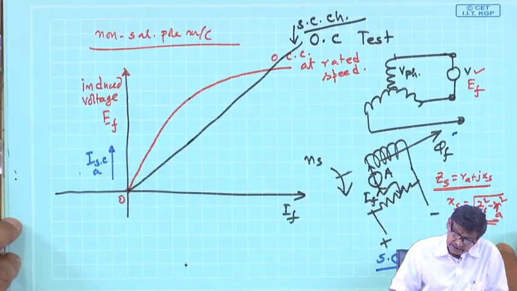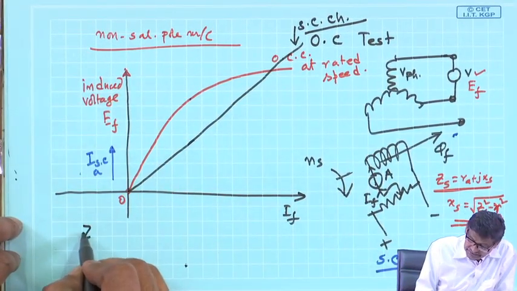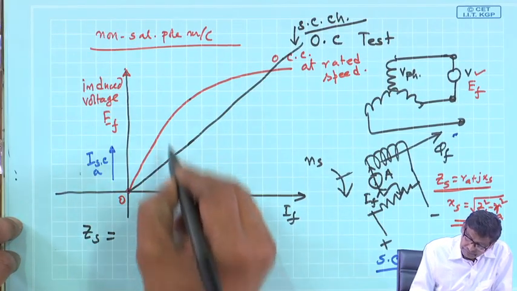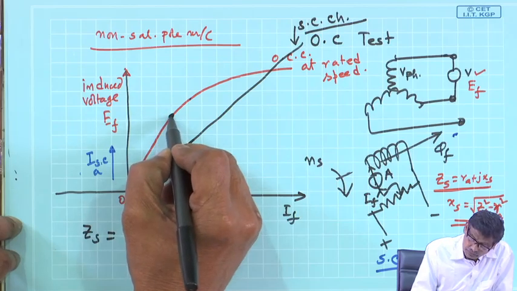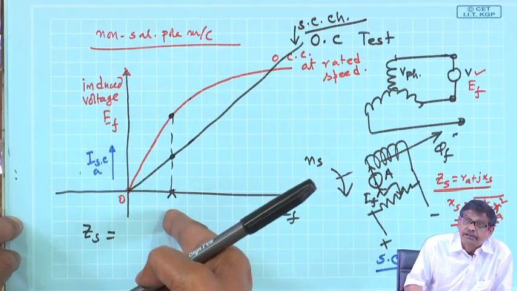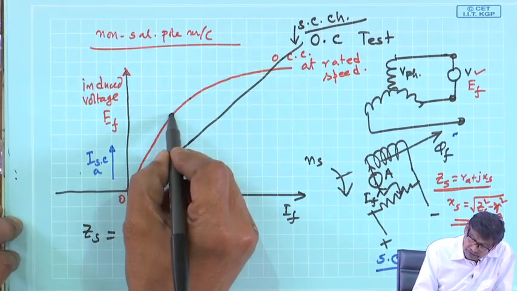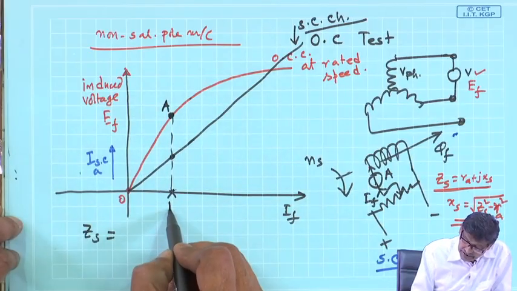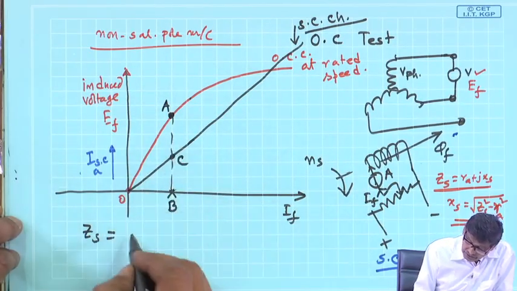And you can then calculate ZS. You take any field current; this is the open circuit voltage, this is the short circuit current. At the same field current you have to take it to calculate ZS. So, if I call this AB and this AC,